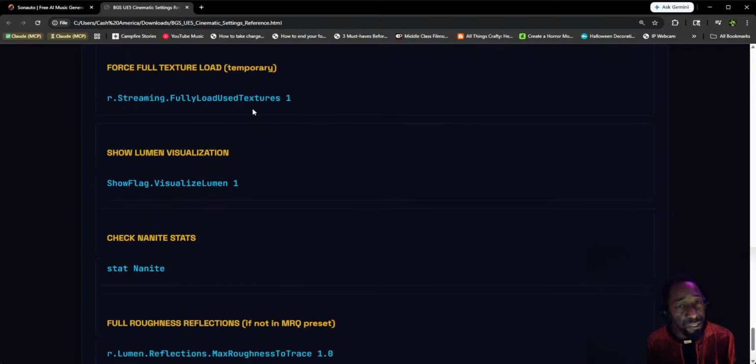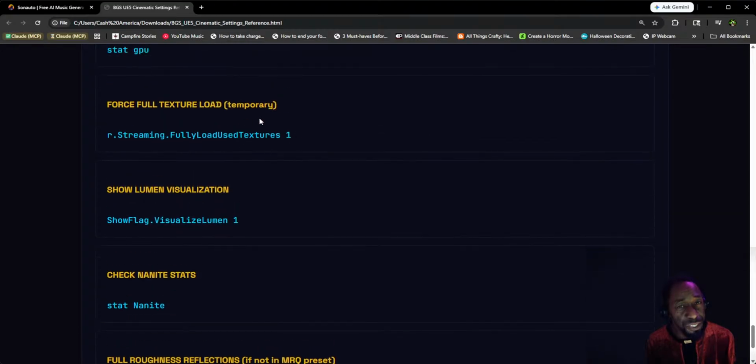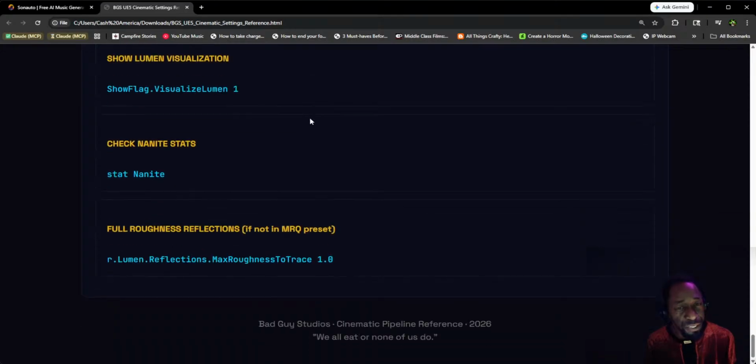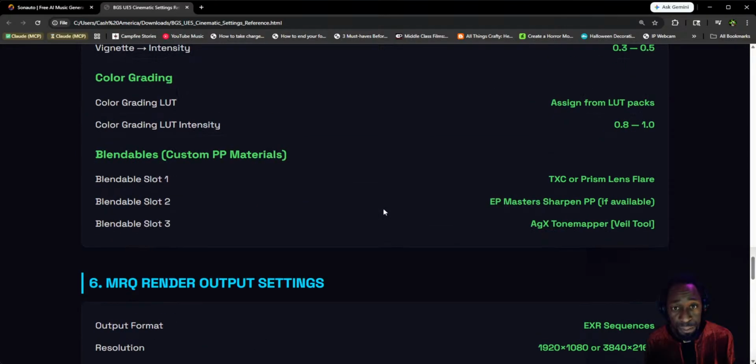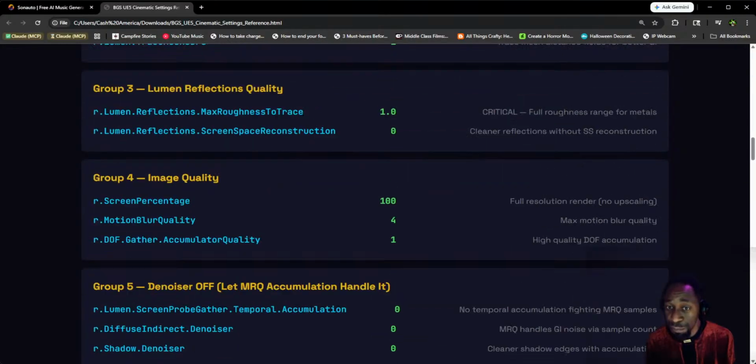These are just some extra bonuses. Show luminance visualization, force full texture load, full roughness reflection. All right, so this is your CVar work. We're just doing pre-work because